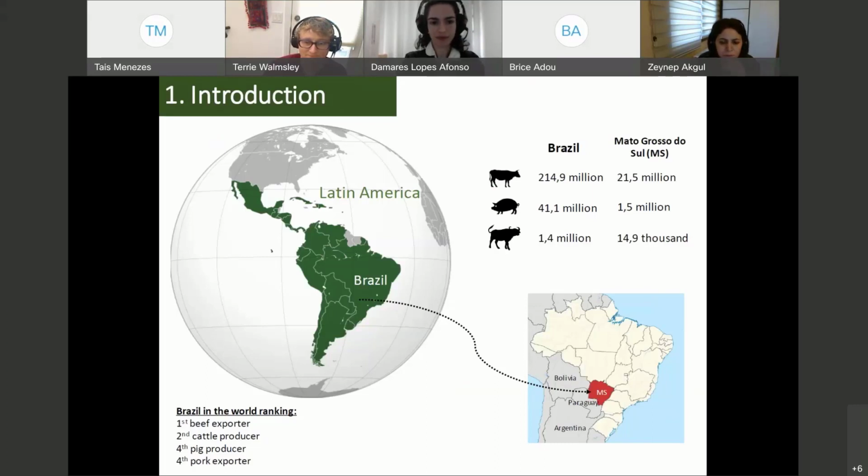Despite presenting an increasing volume of exports of beef and pork, the Brazilian livestock sector has shown a certain fragility in face of the demands imposed by large importing markets. Brazil faces several barriers to its exports. More specifically, Brazilian meats face tariff and non-tariff barriers that influence their commercialization in the international market. Among these restrictions are those related to foot and mouth disease.